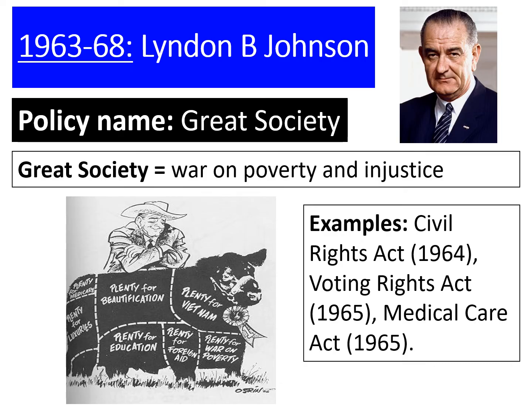Southern Democrats are given the nickname Dixiecrats, and they're quite hard because they're not as liberal as other Democrats, but they're not as traditional as Republicans. Because he was experienced, and apparently he was quite in your face in the way that he approached people, he was able to win support, and it was passed in 1964, which meant that segregation now needed to come to an end throughout America. He also passed the Voting Rights Act a year later, which meant that African Americans now were able to vote too.